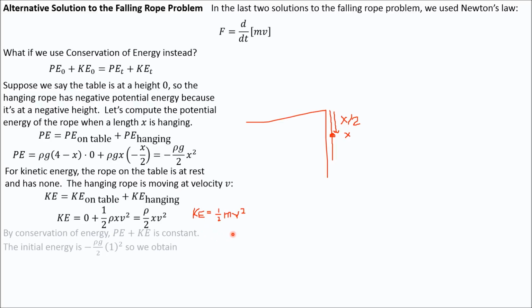And by conservation of energy, potential energy plus kinetic energy ought to be constant. Since the initial energy of our rope was at rest, it didn't have any kinetic energy, but its potential energy was minus rho g over 2 times 1 squared. So this was our initial potential energy. And so minus rho g over 2 is the initial energy, so it has to be the energy always. So we have this equation relating x and v. We can solve for v,